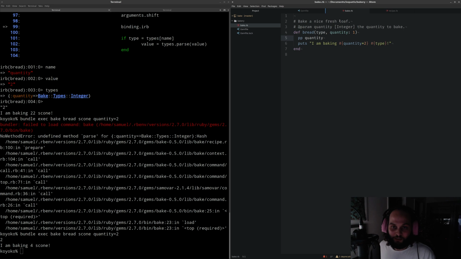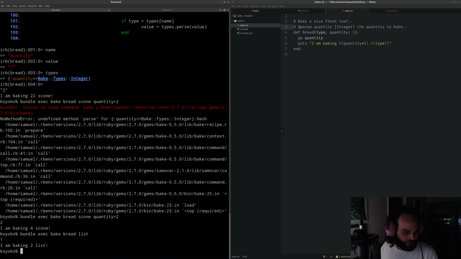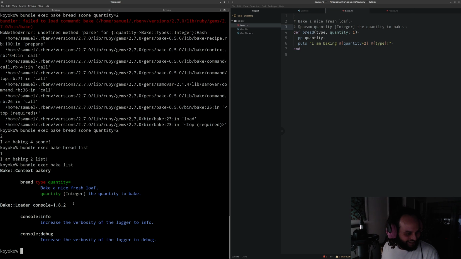Right, so when we specify integer here, then when the user puts a string on the command line, we'll parse it into an integer. And also, we report this in the documentation as well. I'm making two lists. So under here, we know that bread takes a type and a quantity, and the quantity is an integer. One of the things that I find quite tricky is that as your task library gets bigger and bigger, documentation tends to be the last thing you think of, especially what arguments it should take and how they should be formatted. It's pretty typical to have task libraries that read